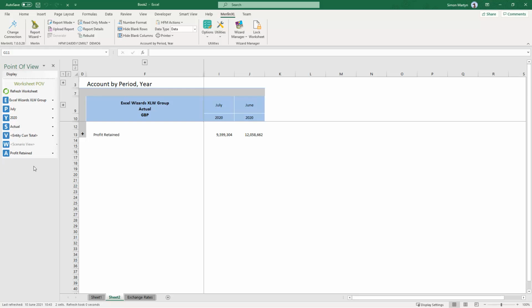You may want to hide or disable dimensions to reduce the choice that the user has and make it less confusing for them to choose the appropriate point of view. It also prevents the possibility of a user choosing an invalid point of view. If we switch back to design mode